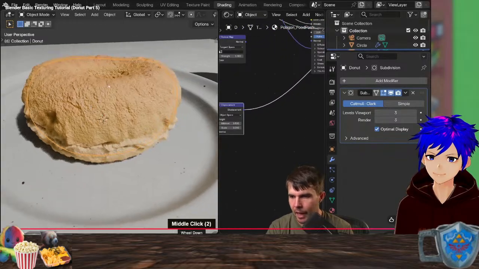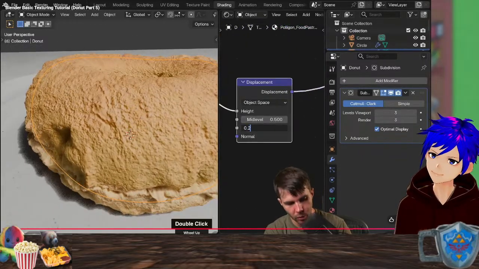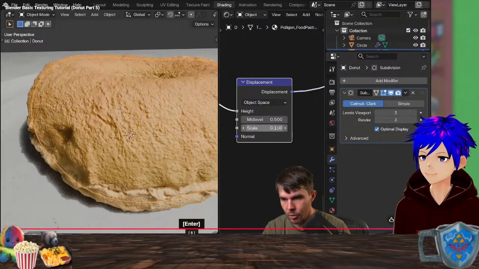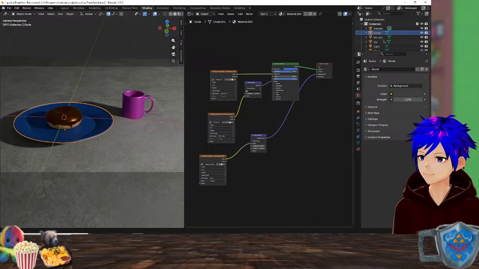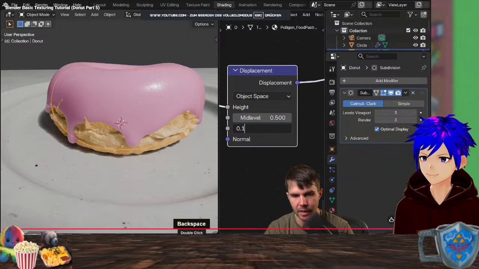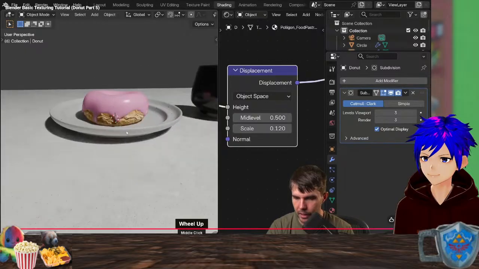That should be fine. It comes in a little bit projected. If you want to change the scale of it, you can also do that. Here, I could change the scale from 0.2 to about 0.15. You should also see how it looks with your icing, so I'm going to hit Alt H. You can see it's clipping through it, so I'll select my donut again, and I'll change this scale here to about 0.12, like that.